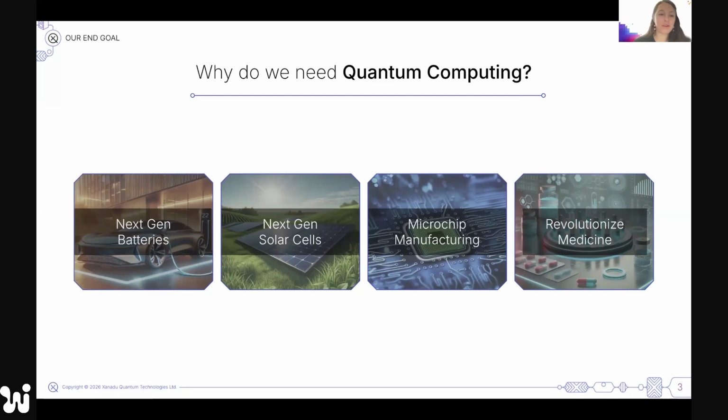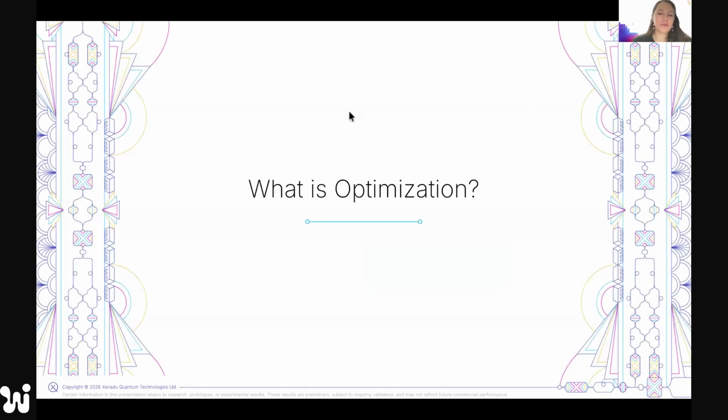So the problems that I have here are problems where Xanadu has developed algorithms. None of these actually are using DQI, to be fair. But I want you to think about other problems where maybe a new way of thinking about optimization could help. So what is optimization? Feel free to answer in the chat for the questions that I ask.